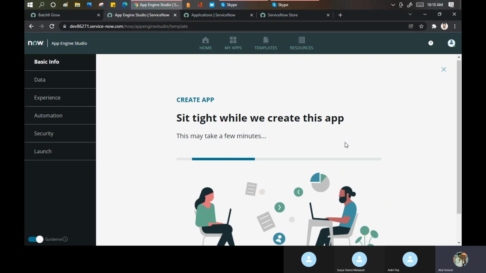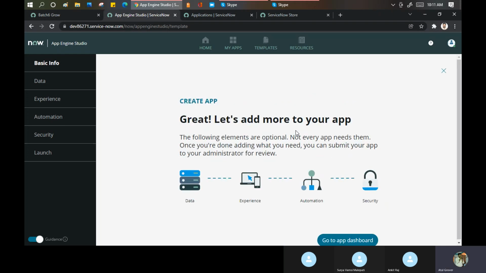It is creating an app for you and creating a scope as well for your application. Now I'll show you. It is pure development, and it is again custom, because here you will be creating out of the box. It takes a few minutes to create an app in the background. Don't think, Atul, that an app creating an app means it will create everything. No. It will just create a name for you and put a place for you in the ServiceNow instance.